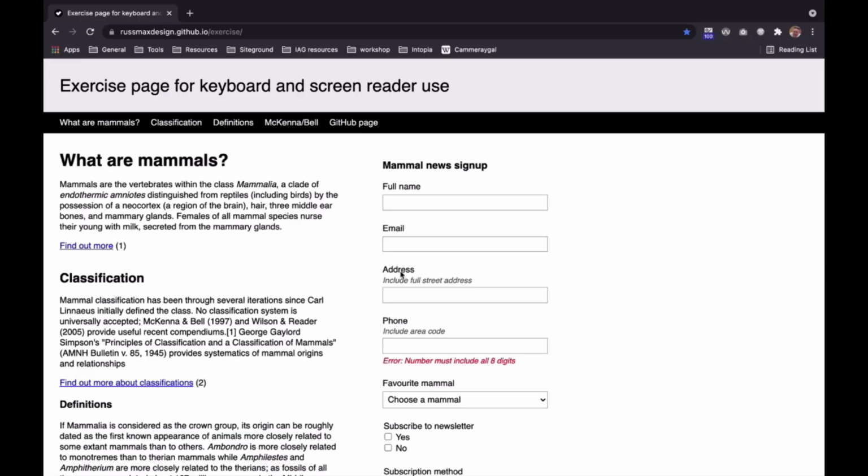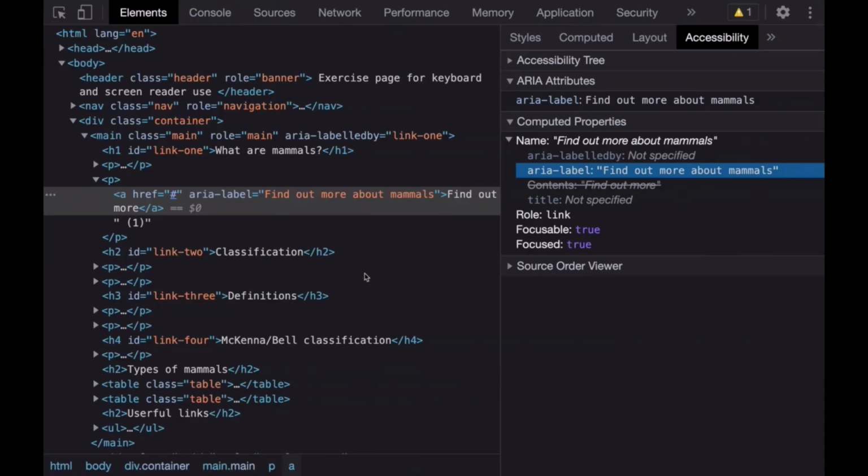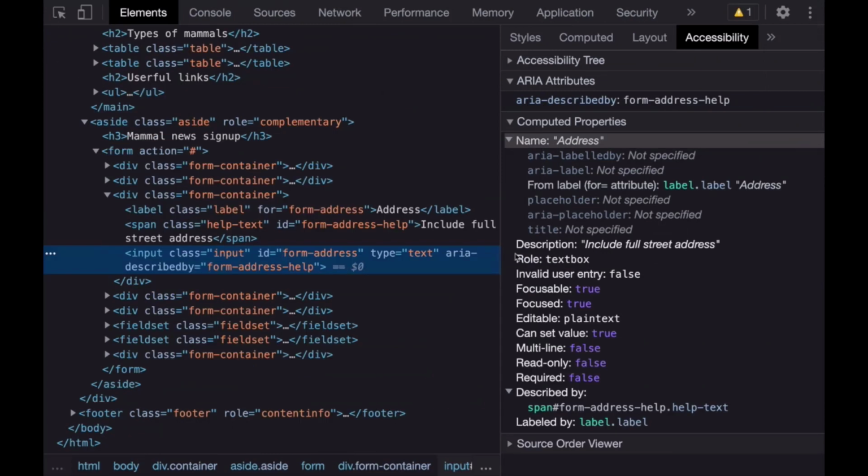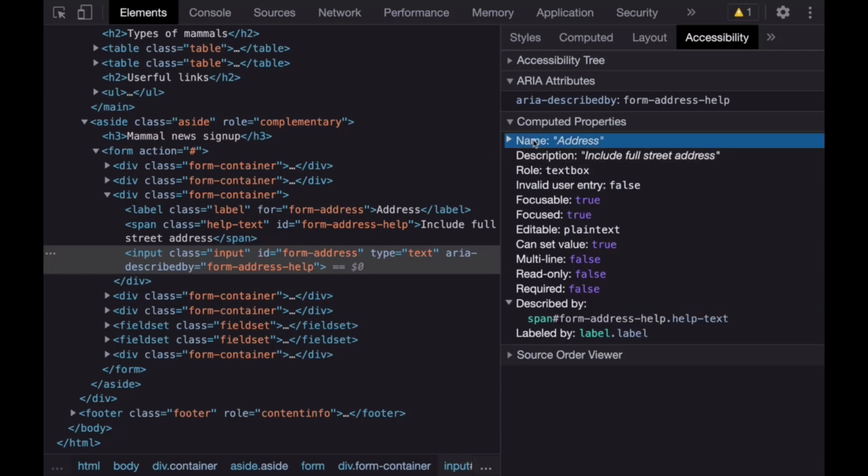Okay, let's look at the address element, and what we're going to do is inspect element on the input. Right-click, and there we have the input, and you'll see here we have a description which is "include full street address". So most importantly, this has nothing to do with the accessible name. This is a totally different field in these property lists. But where's it coming from?